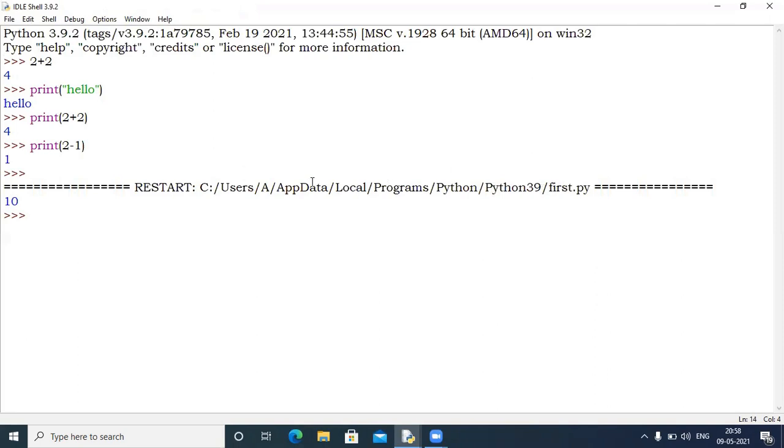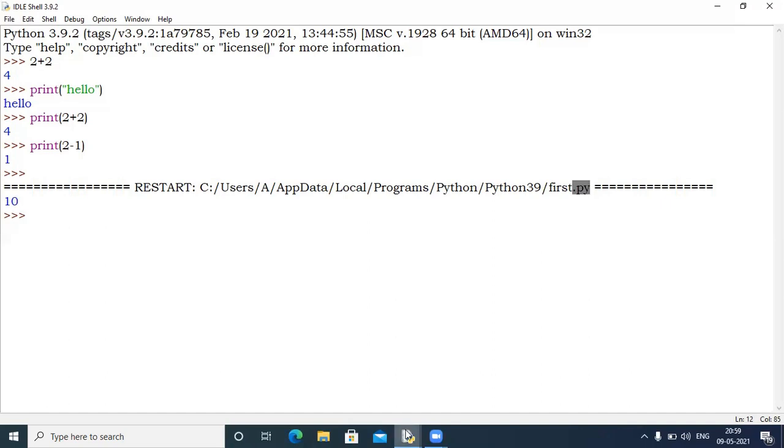मैंने अपनी फाइल को कहाँ सेव करा हुआ है. So my file name is first and this is the complete path, if you can see. And I have now executed this file first.py. What is .py? .py is the extension of Python programming language. Whenever you save your file, by default, you will get the .py extension of Python programming language. And when I execute this, it's showing 10.